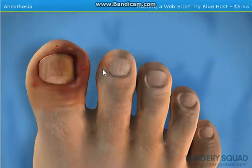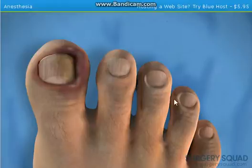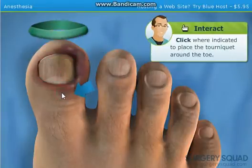Great! Now we'll wait a few minutes for the toe to get numb. Now that our patient's toe is numb, place the special tourniquet around the toe. This will help reduce the amount of blood coming from the wound. Once you've done that, we can move on to...